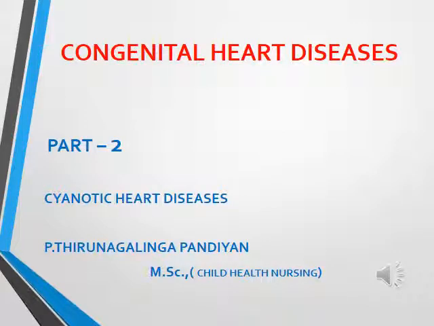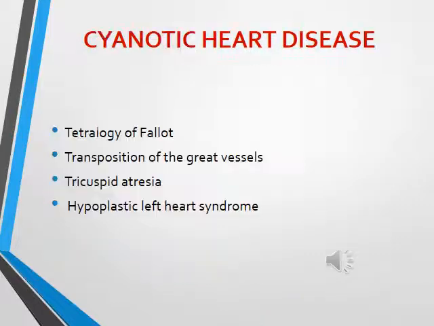Congenital heart diseases part 2. In part 1 we have seen the definition of congenital heart diseases, causes, and details about acyanotic heart diseases. Cyanotic heart diseases: the common cyanotic heart diseases are tetralogy of Fallot, transposition of great arteries, tricuspid atresia, hypoplastic left